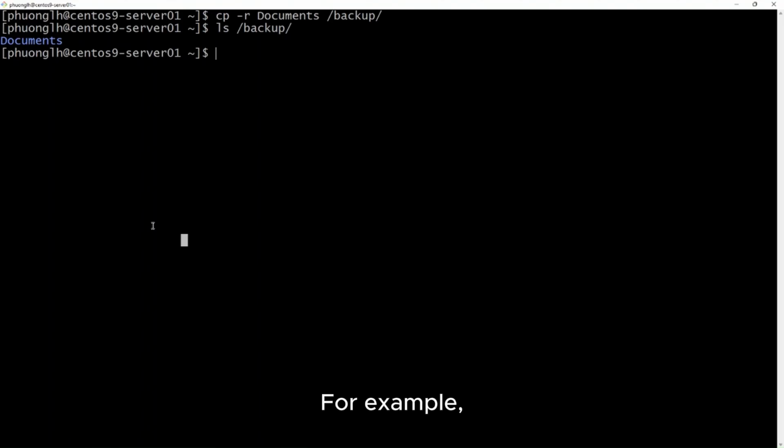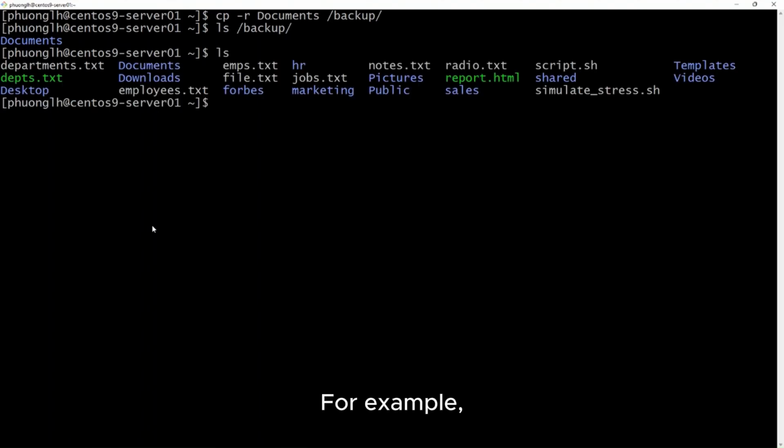For example, mv file.txt file1.txt will rename the file from file.txt to file1.txt.